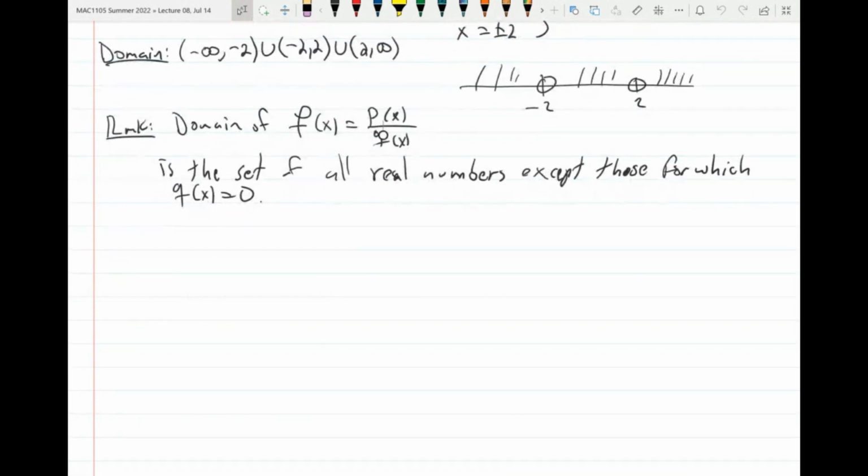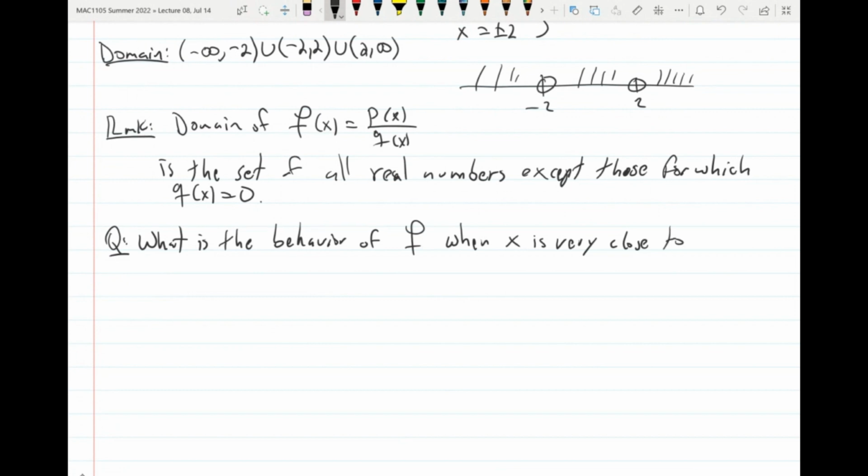So we have this, and then the question: what is the behavior of f when x is very close to 2 and also negative 2? Okay? So in other words, what I want to know is when x is approaching 2, when x is close to 2 or approaches 2,